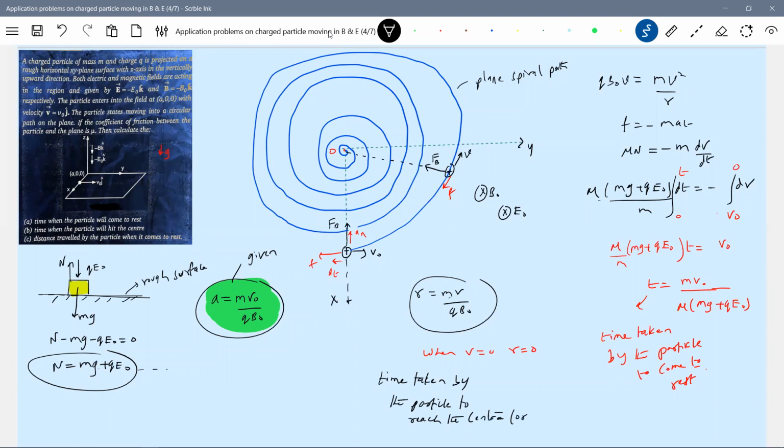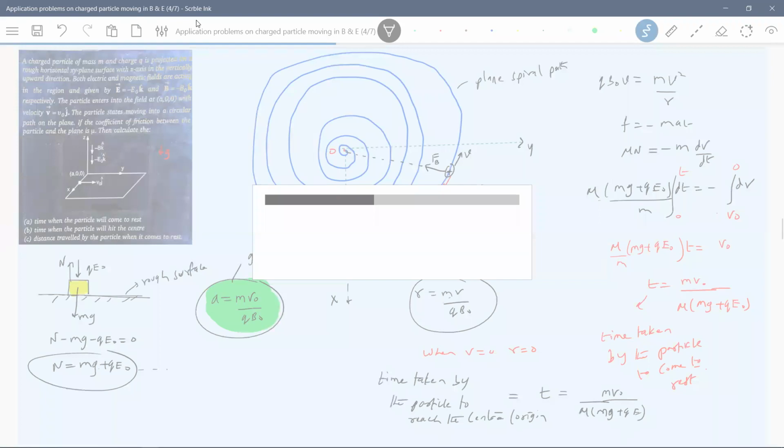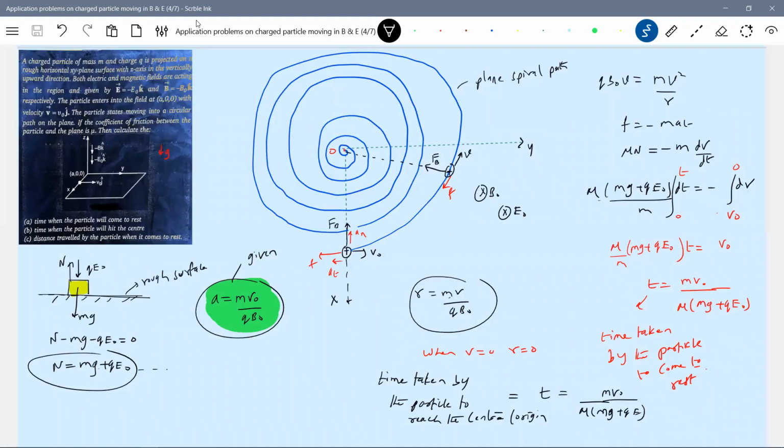Center, or we will write origin. What should it be called again? Same time, that same time only. No, after this, last one, distance traveled. How can we find out distance traveled? I want most of you know kinematics, we were in a better position. Anybody, can you suggest distance traveled?